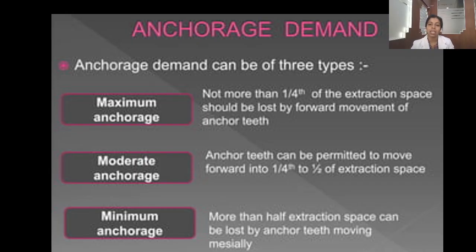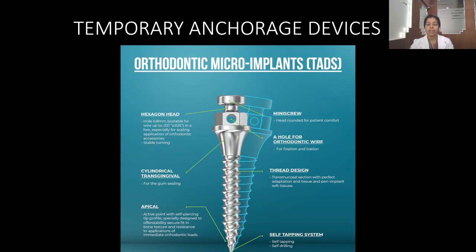So remember this: maximum anchorage, moderate anchorage, and minimum anchorage. Maximum anchorage means we require maximum anchorage; we cannot afford more than 25% of forward movement. Moderate anchorage means we can afford about 25 to 50 percent of the forward movement, and in minimum anchorage we can afford up to 75 percent of the forward movement. Only 25 percent may be required for the correction of the condition. Now